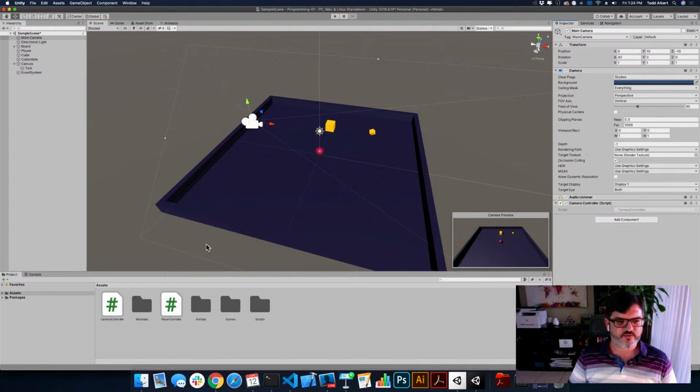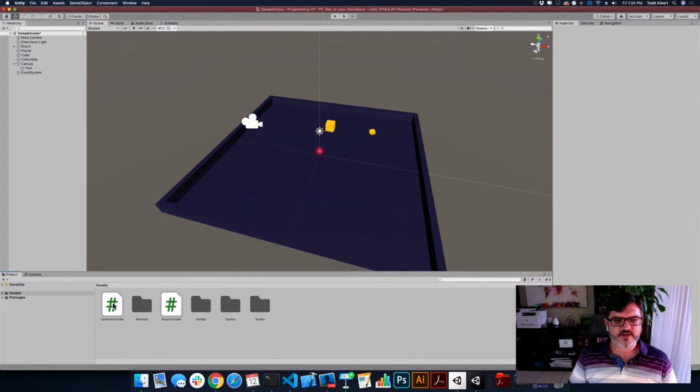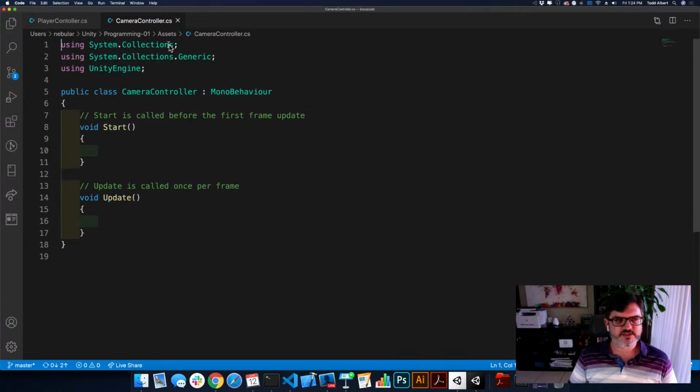I'm not going to worry about organizing my project right yet. I value your guys' time too much. So I'm going to come into this script here, and it's already set up for us. It's got the names, it's got the void and update and so forth. Actually, come to think of it, there's several other methods, and I want to go back to my player controller